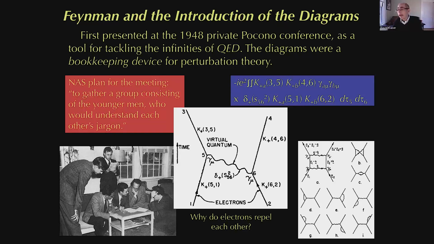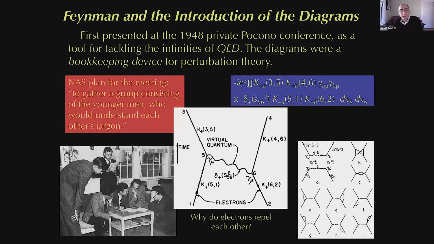In principle, there could be an infinite number of virtual photons, each of which could carry, in principle, an infinite, albeit short-lived, energy momentum. So you see the bookkeeping becomes mind-boggling, right? So this is a kind of way to march through the corresponding equations. Make sure you don't omit any terms, make sure you don't double count certain terms, which have been bedeviling these calculations throughout the 30s. And so now you have a map to make sure you at least have the correct set of equations to worry about.